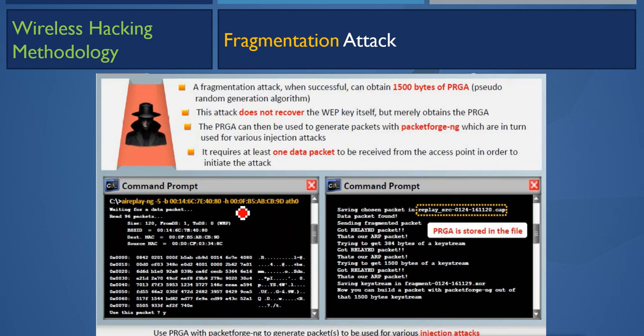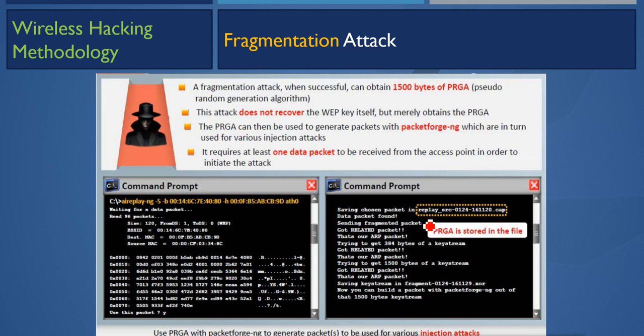And then when you send this, what will it do? It will send this type 5 attack. It will send this junk value. After that, you will see saving chosen packet in replay. So after this it will save the packet in the system to be used in the future.